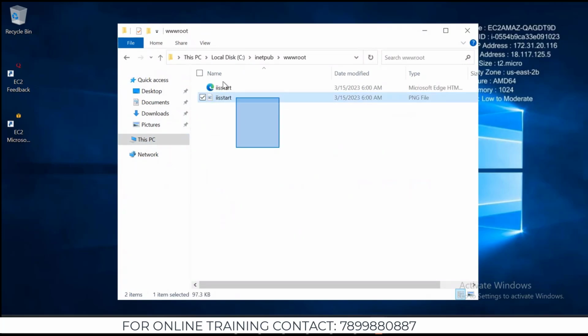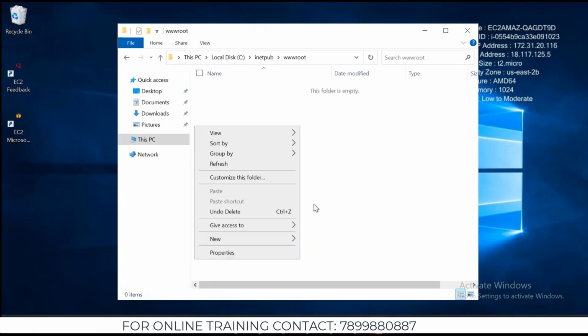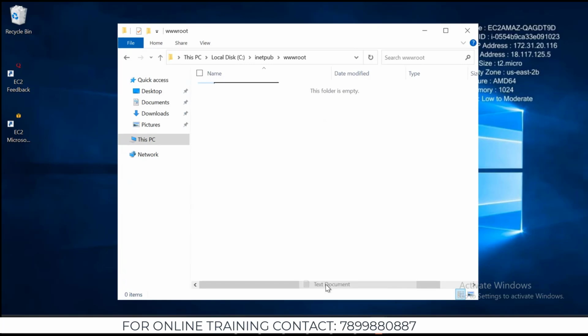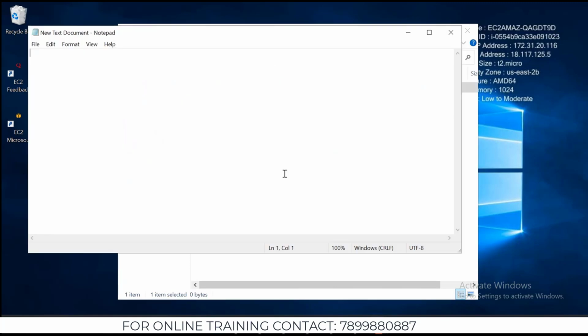You have to delete this. Okay, so delete this. Then we'll create one more here. So here go to text document. So we'll open this and you can give